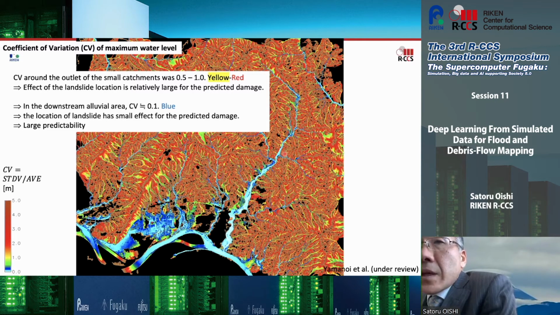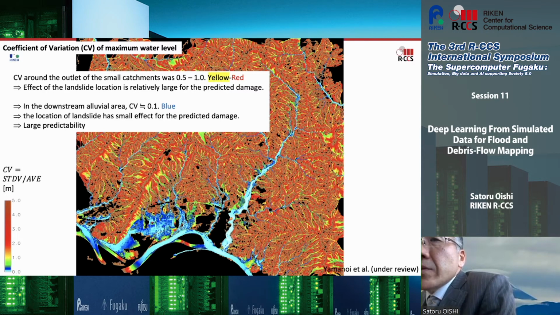This color shows the landslide location is relatively large. Change of the landslide location is relatively large for the predicted damage. So the time by time change of the slope failure changes the devastated area. However, in the downstream of the alluvial fan,